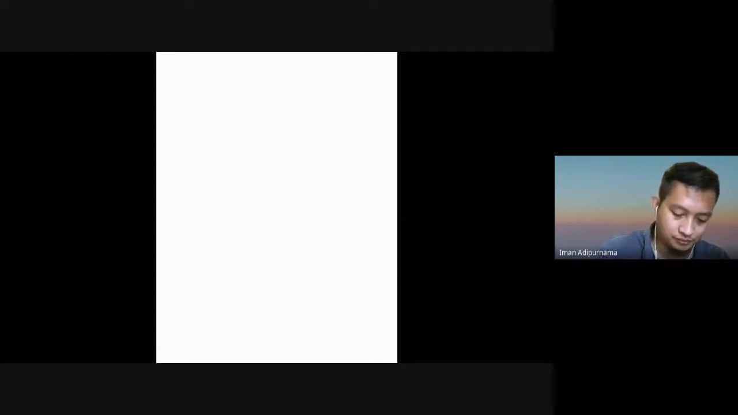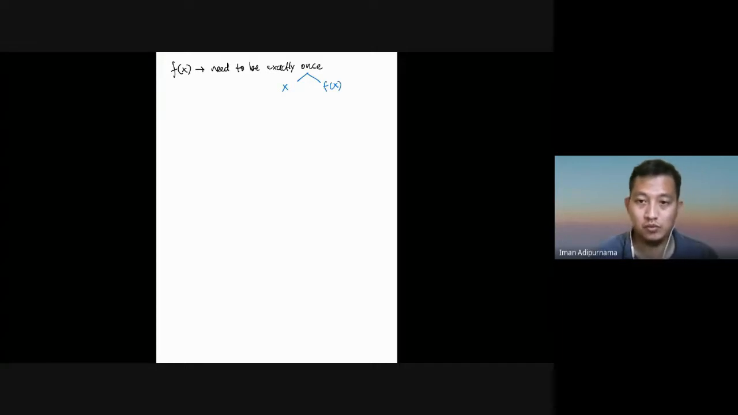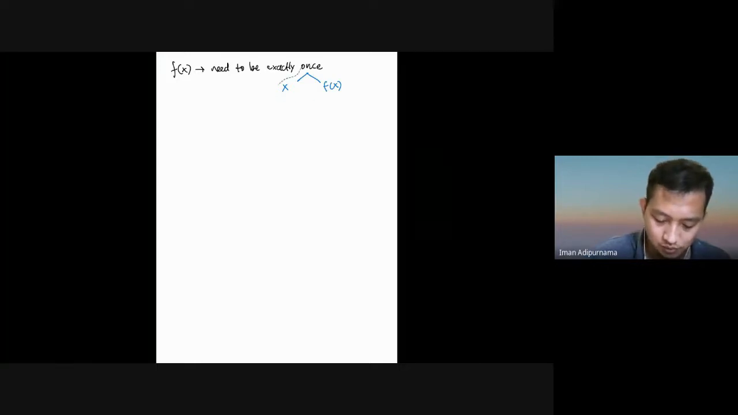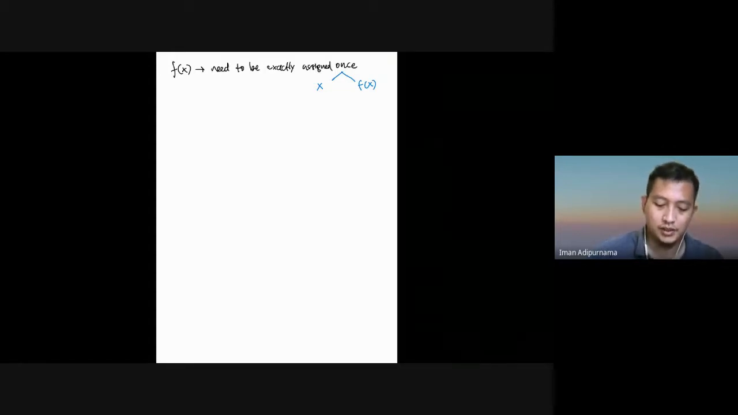Okay, remember that the function needs to be assigned exactly once, right? Meaning x and f of x is assigned to each element once. Okay? Or maybe I will add: assigned once, right? So to check whether it's correct or not,